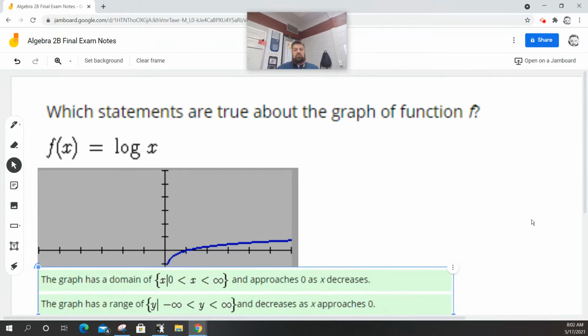So the graph has a domain from 0 to infinity. So my domain is my x direction, right? So it starts here at 0, and then as we go left to right, it goes on forever to infinity, okay? So that's the domain. Remember, the domain is focusing on the x, and it approaches 0 as x decreases. So as we go this way,